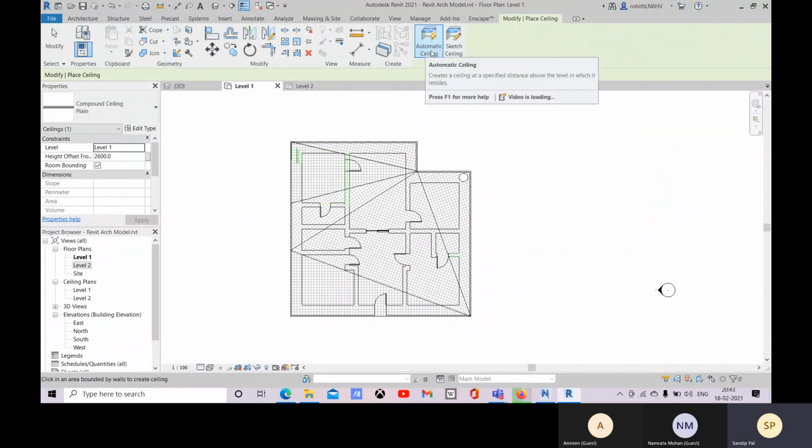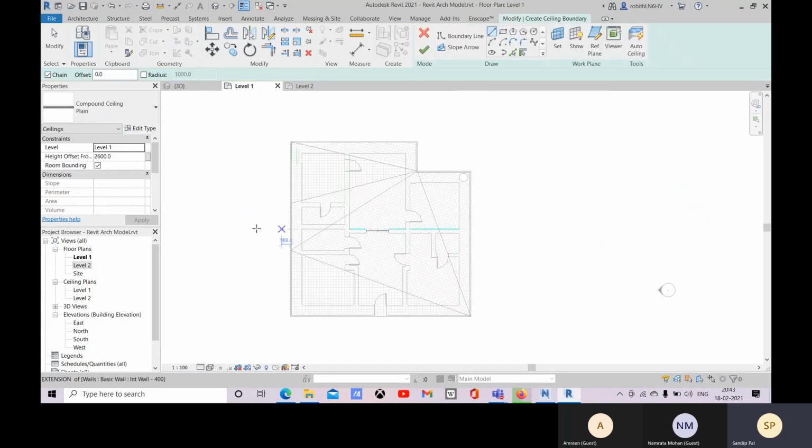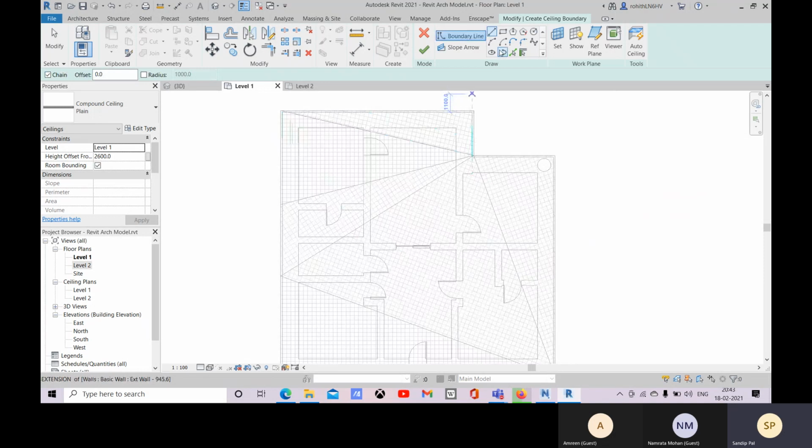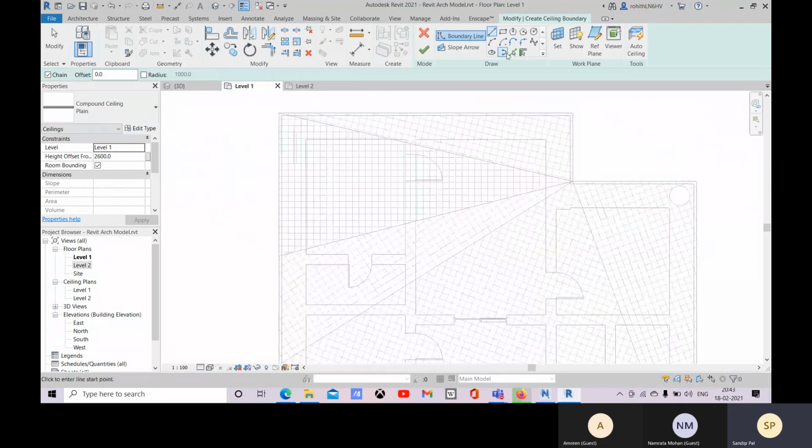You can have this automatic ceiling. You just select the wall boundary, and then you can create your ceiling. But we will choose the sketch ceiling option. So I can go with this one.